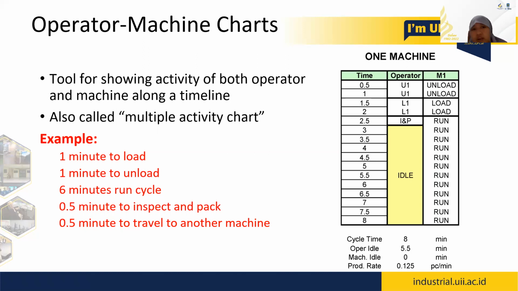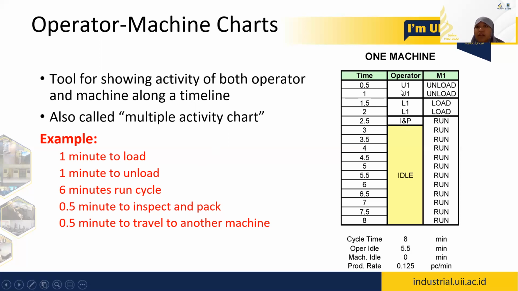There is the so-called multiple activity chart or operator machine chart, which breaks down all of the activity inside this machine, one machine usually. So for example, in this case, we break it down each 30 seconds or half minute,